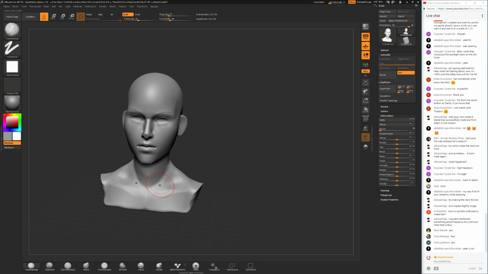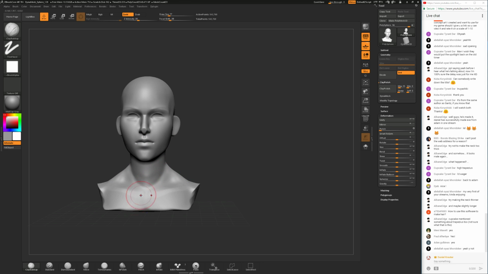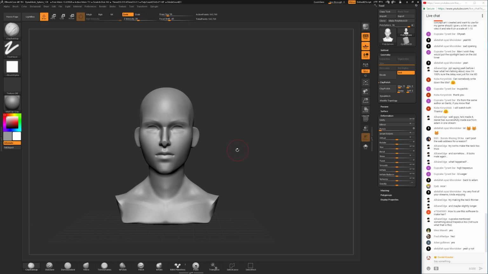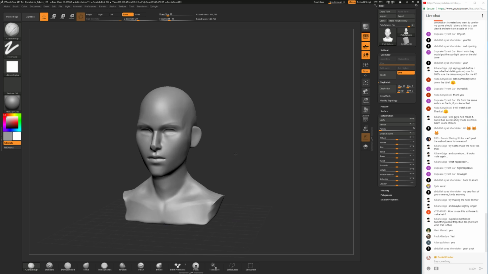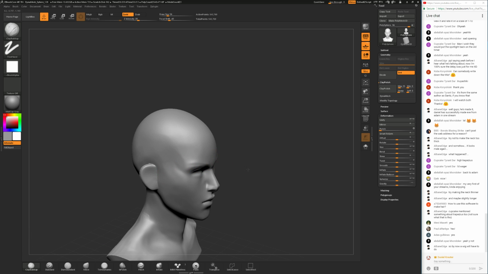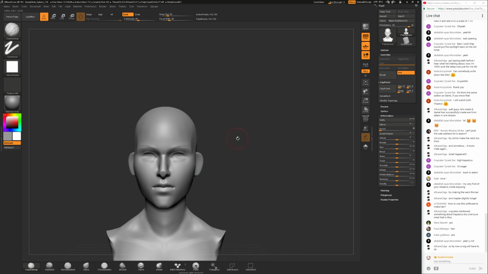But okay, let's set a time. We're at 1 hour 30 minutes. I will continue to work on the sculpt for another 10 minutes, so until 37 in the timeline, and then I will do the hair for the rest of the time, just so that I won't overdo it. And by the way, I'm pretty happy with the face now. What do you guys think? It looks kind of like a female character now. Do you guys agree? Are we back to Eve, or are we still with Adam?